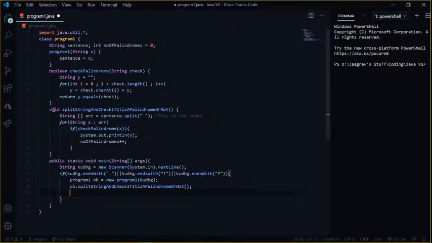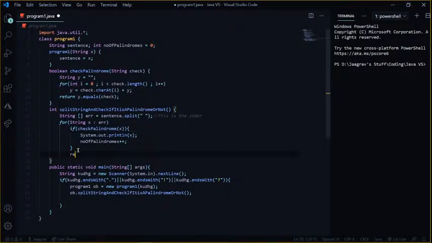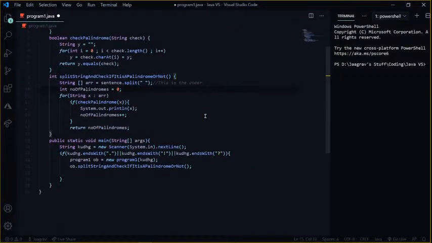So now I'm just going to make this int over here, and then I'm going to return number of palindromes, and like that I don't even need this over here. I can just put that in here. Just like that, now I can just cut this out from here and simply print